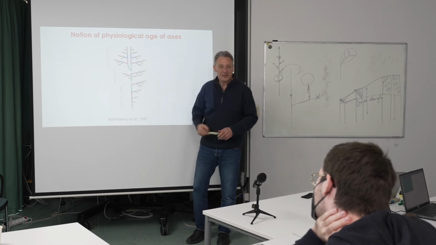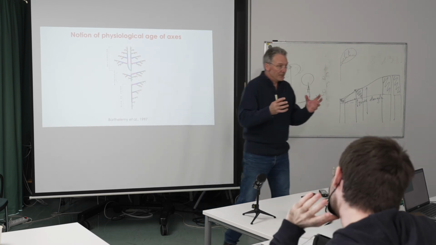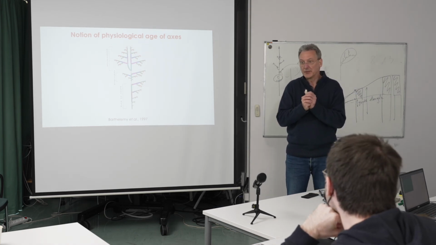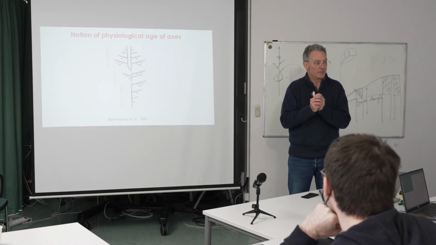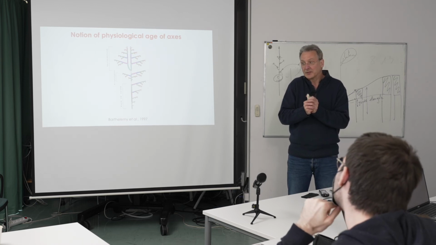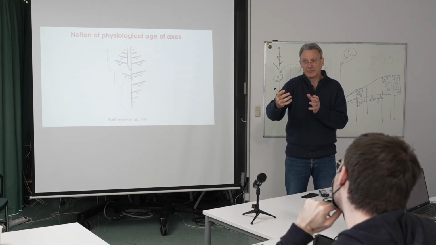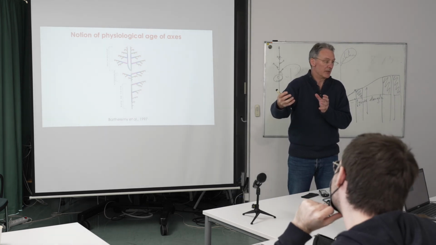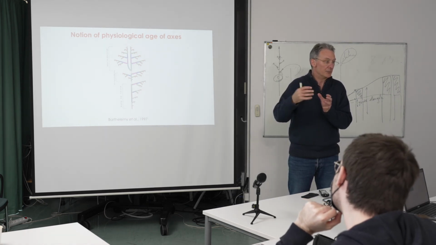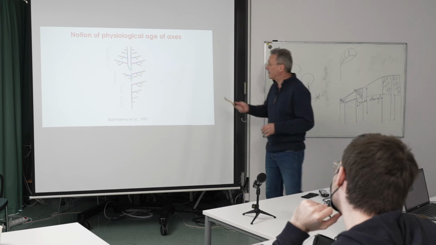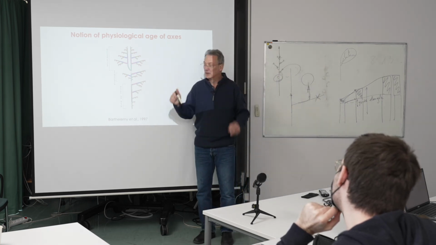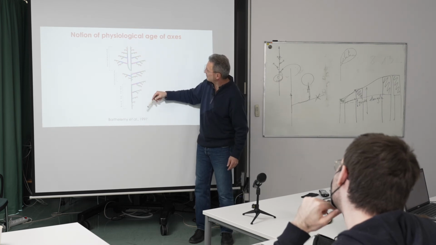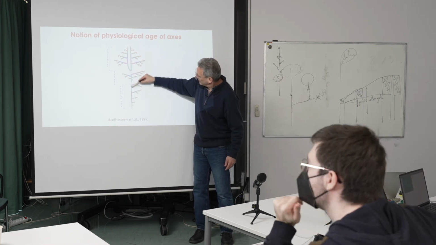So the idea is to say, okay, all these phenomena can be captured into one single parameter, which is this physiological age, which will represent the degree of vigor of the development of my plant at different positions in the plant. And if you map this degree with colors on the plant, you see that, for instance, here the blue